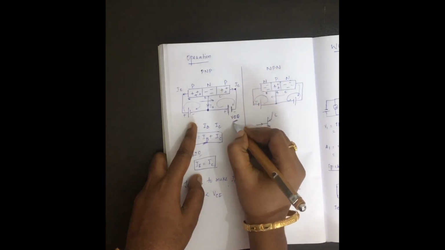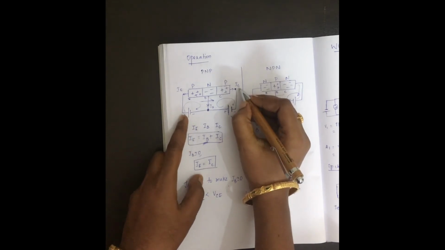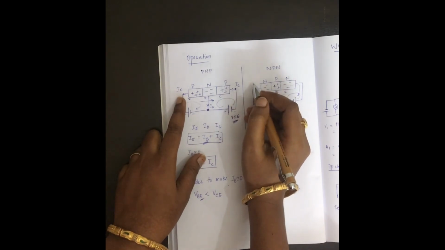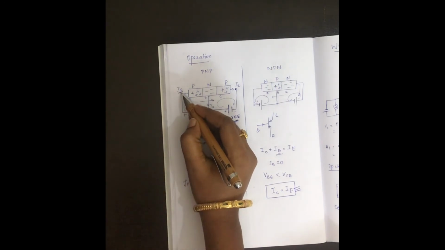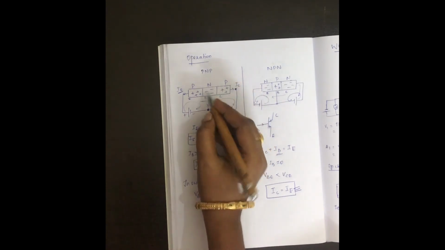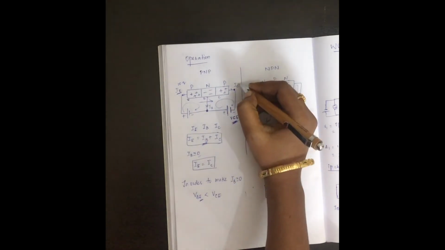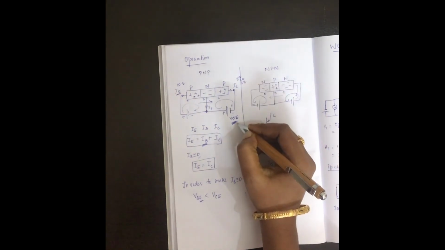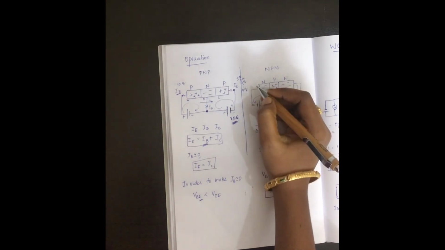So if you keep on increasing this VCE, this collector current also gets increased. But at one stage, if the collector collects the entire input current, then it will become constant. See, if the emitter is me and the collector is you, and I am giving you 10 charge, that is 10 Q. If you increase VCE, this collector will start collecting charges: 1 Q, 2 Q, 3 Q. When you increase still more, it will collect more, and when it reaches 10 Q, that is the maximum limit.